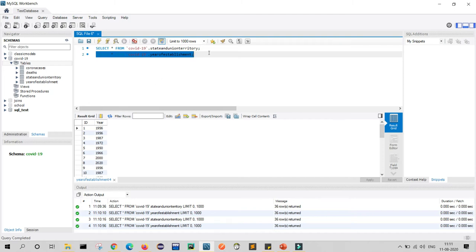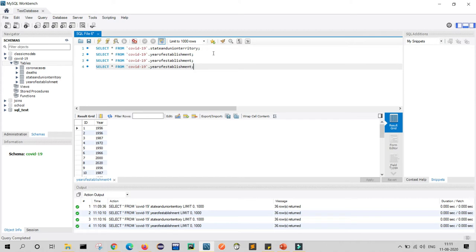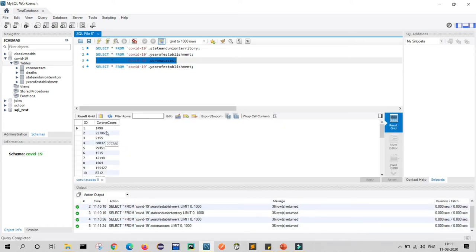Similarly, I will open my remaining two tables. My third table is corona cases, and I will run this. Here you can see ID and corona cases. ID is for each state.